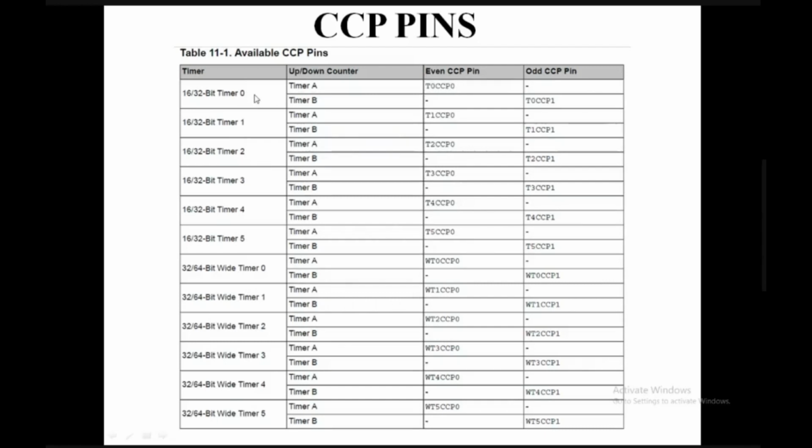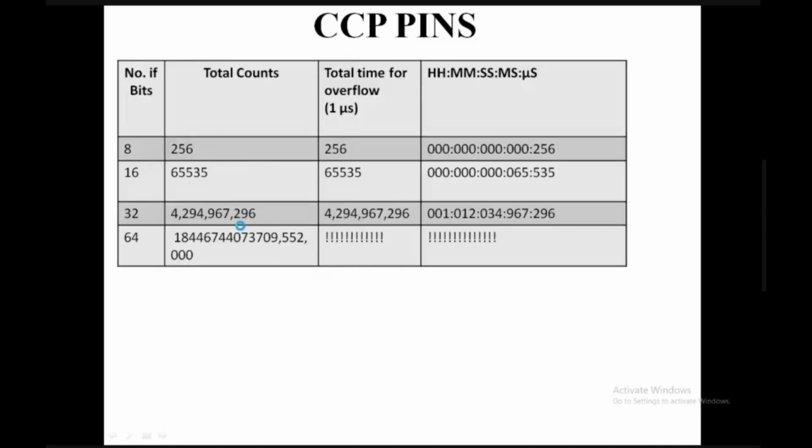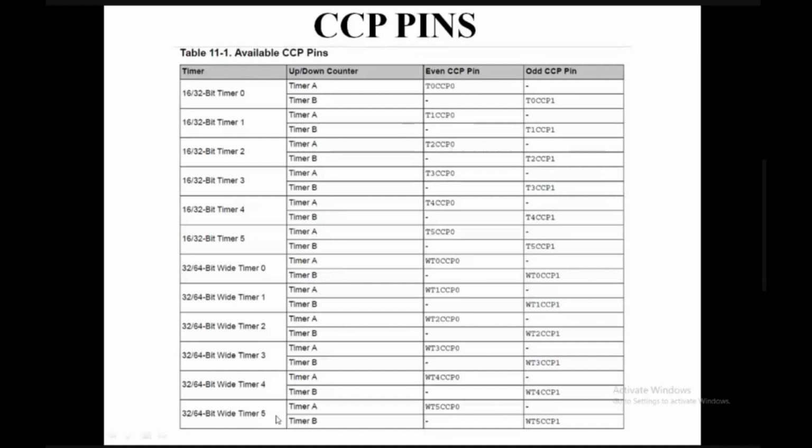So timer 0 alone can generate the PWM by using the compare register, and can measure the corresponding PWM by using the capture register. So 6 such timers will have 6 plus 6, 12 such capture compare pins. Similarly, there are 32-bit wide timer 0 to timer 5, with their own capture compare pins. So totally there are 12 plus 12, 24 capture compare pins possible, meaning 24 PWMs can be generated simultaneously along with the separate PWM pins.